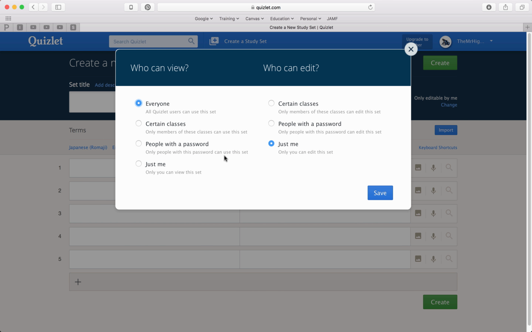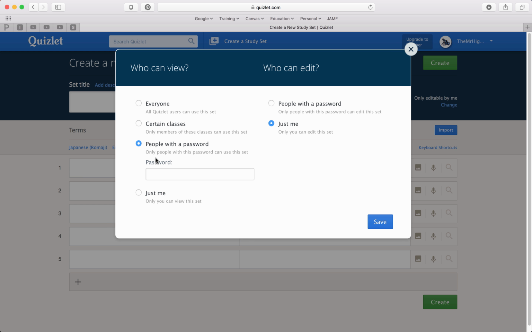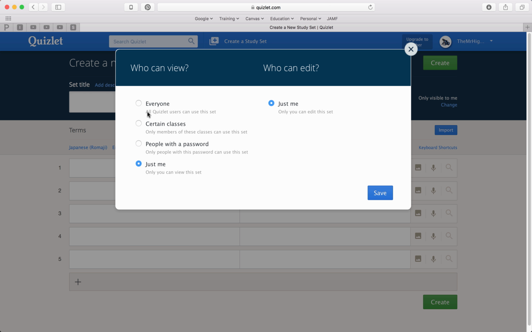That'll show you this view. You can set this to certain classes that you've created, people with a password, and you can create your own password, or just me. I recommend leaving it on everyone because we need to be able to see your study set that you're going to share with us. So just leave it on everyone. But if you wanted to create another collaborator, you can set that over here on Who Can Edit options and